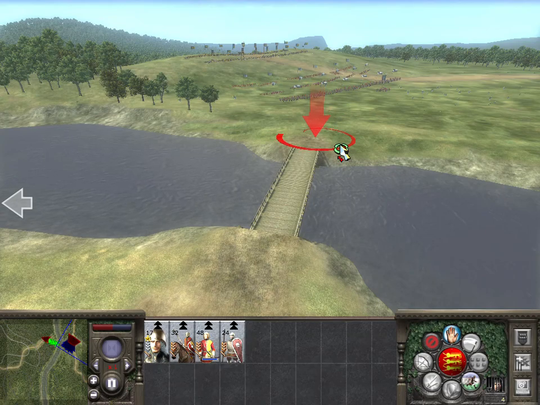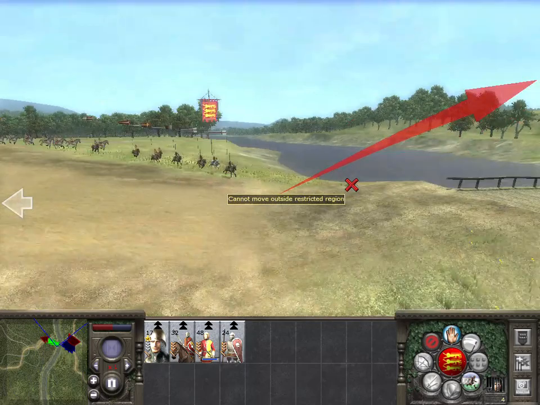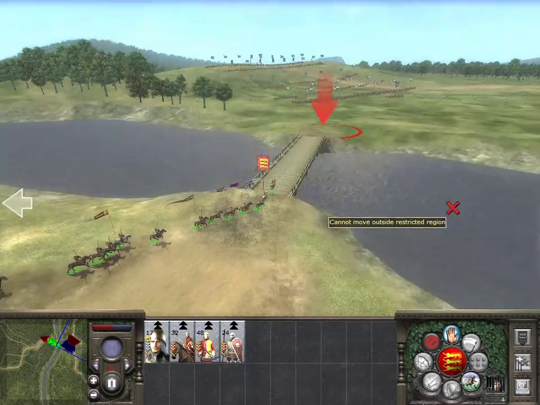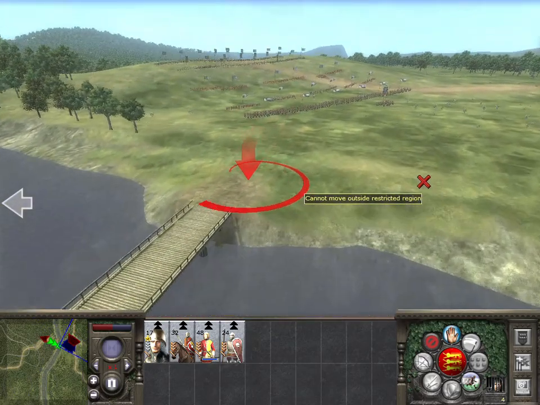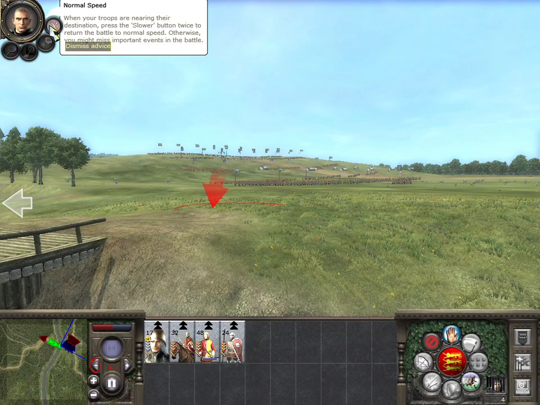Units, double time! When your troops are nearing their destination, press